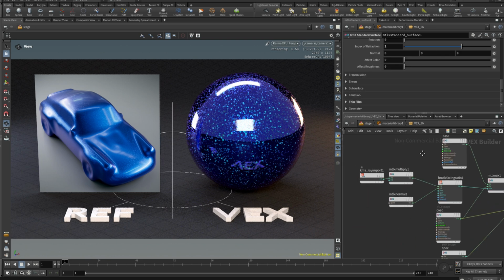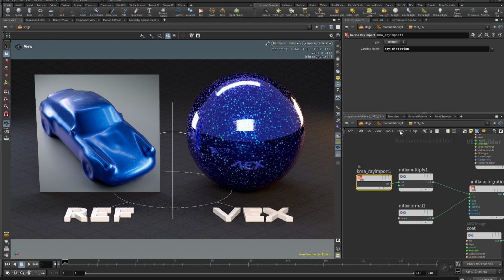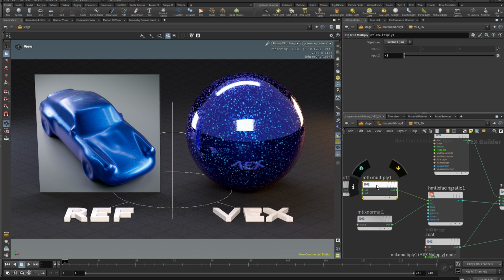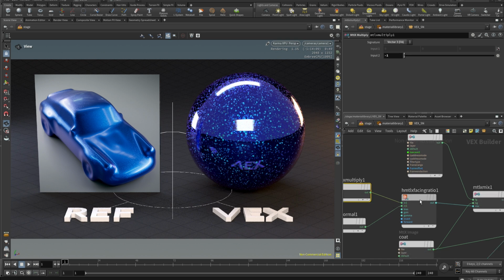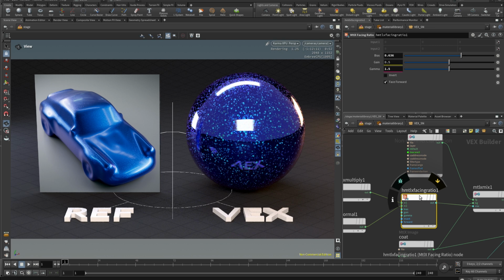So basically what I did here was the Karma Ray import. What it basically does is analyze all of the rays of light that are hitting the ball, and it takes that value and puts it into a node. By taking this, I pass it through a multiply, which basically just turns it up. And then with a normal node, I put it into the facing ratio, which does that wherever the camera is looking, it would concentrate on this side, and then the edges of the sphere would be the color